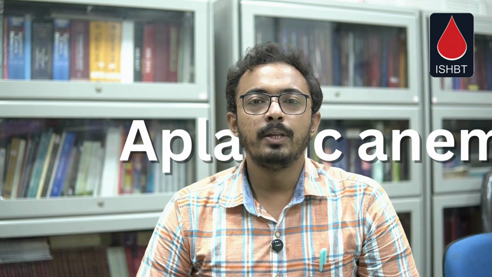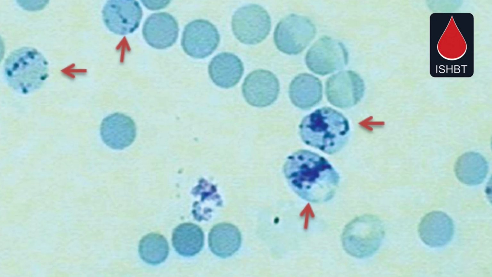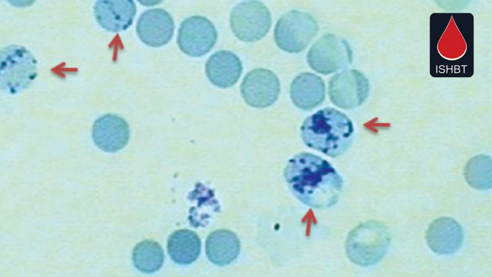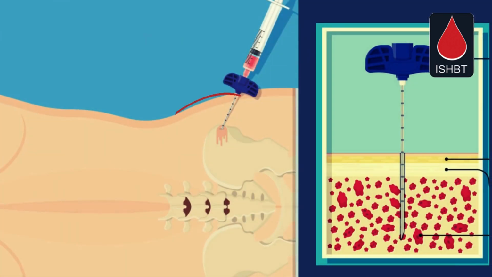To diagnose aplastic anemia: it should be suspected in all patients presenting with pancytopenia. In the initial investigation, we have to do a complete blood count with peripheral smear to see if anemia, neutropenia and thrombocytopenia are present or not. A reticulocyte count should be done to see if reticulocytopenia is present or not. And to confirm the diagnosis, we have to do a bone marrow aspiration along with biopsy and cytogenetics, in which there will be pancytopenia associated with a hypocellular marrow.